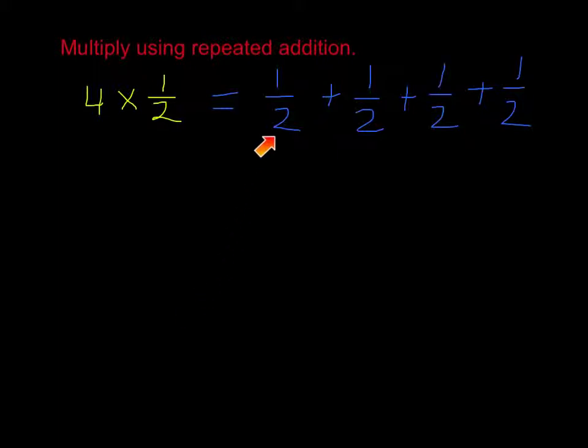Notice we have 1/2 1, 2, 3, 4 times. We add that up, and we know that when we add a fraction, our denominator stays the same, and we're only adding our numerators. So with that, we are going to get an answer of